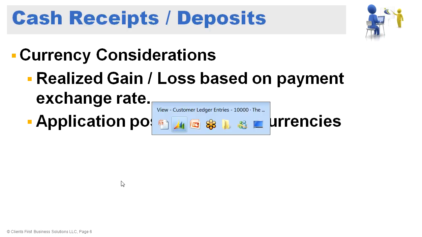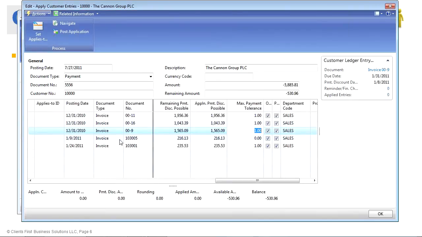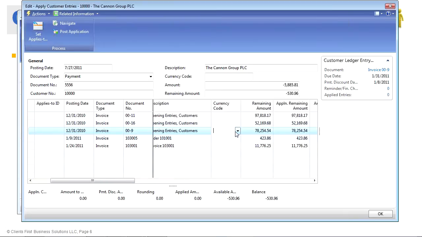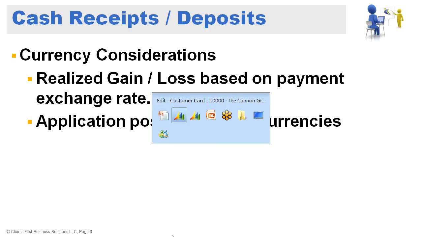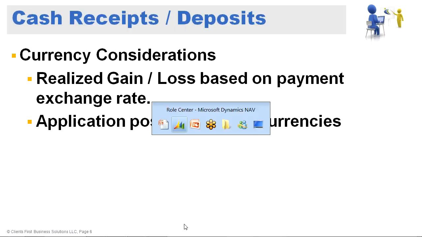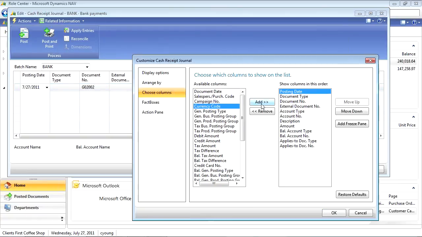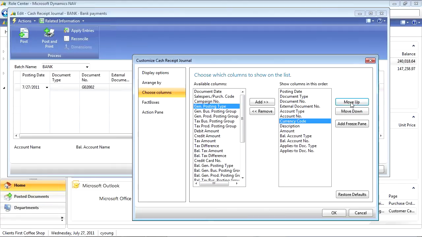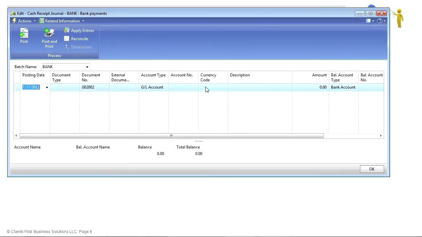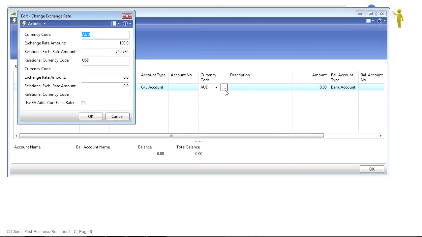The currency realization rate from a cash receipts journal gives us the ability to put in a spot rate or a rate that we wish to recognize from within that cash receipts journal. The currency column is not even displayed natively, but I'll choose columns, and we'll add the currency code, move that up, and push OK. When I've selected a currency code on the line, I can use the ellipsis to enter a manual override to the relational currency realization rate. That can be done line by line. Perhaps if some line items are at a contract